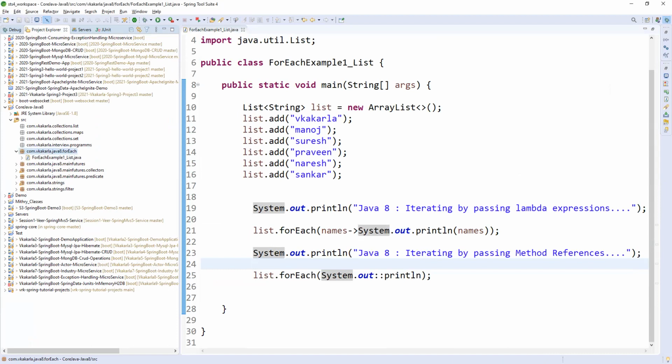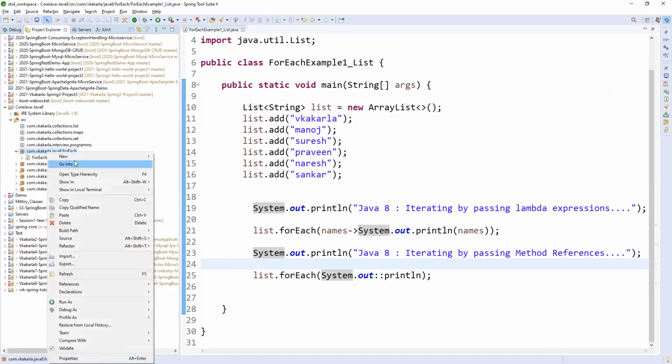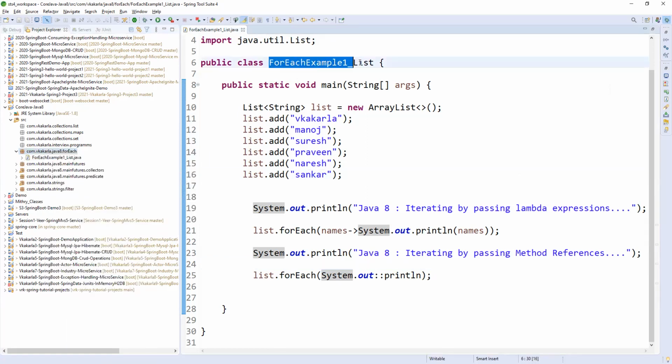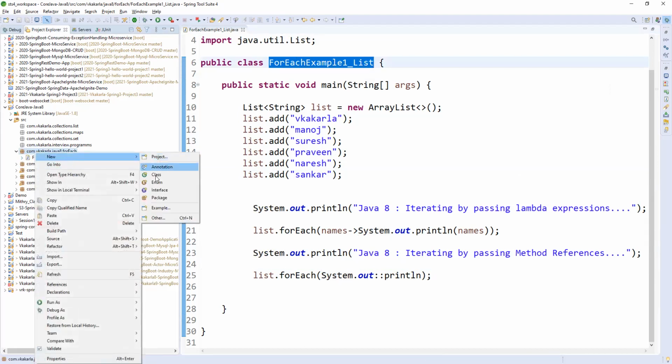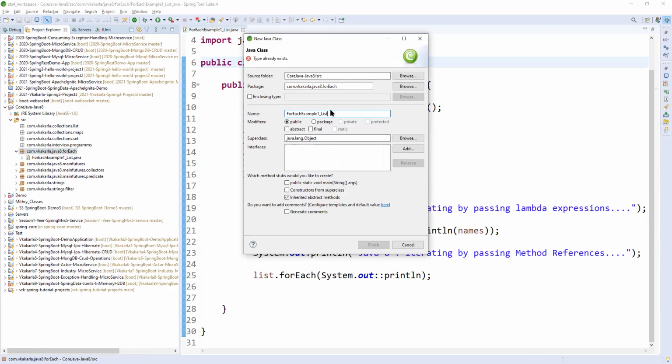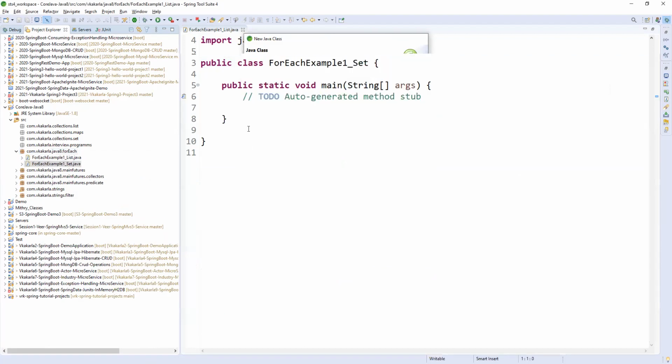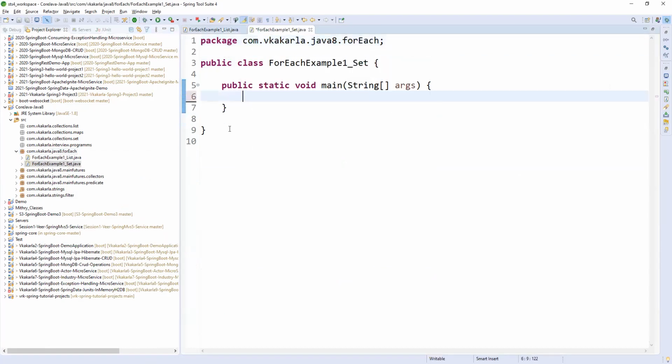I just want to write one more class, a forEach example on set. So new class, set. Yeah, so this is the set, right?